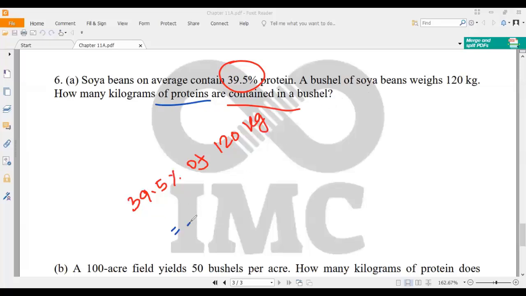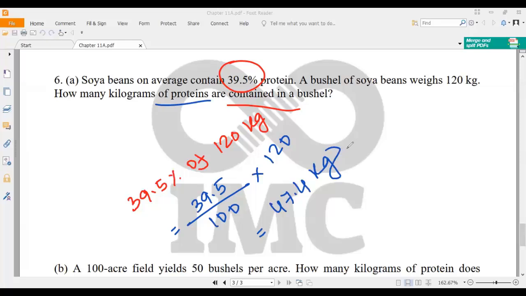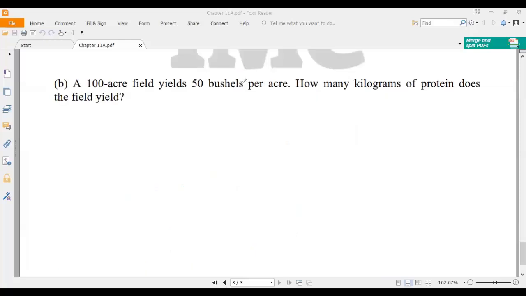Okay. So 39.5% means 39.5 by 100. Of means multiplied by 120. Now, after calculating this by using a calculator, we can say that will be 47.4 kg of protein we will get from a bushel of soybean. Now, question number B says,